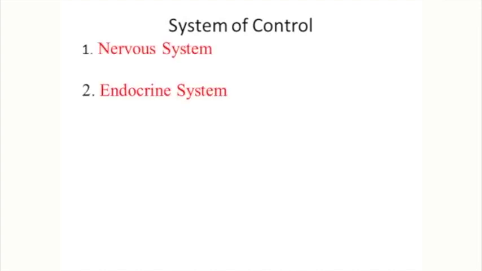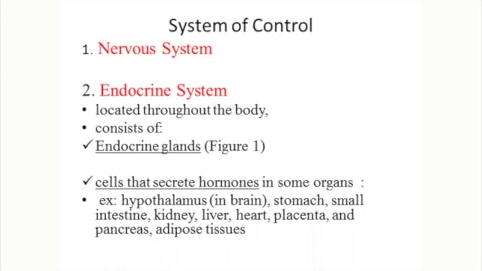System of controls: we've got two systems of controls in our body, nervous system and endocrine system. They both respond to internal and external stimulus and help maintain our homeostasis and help us adapt to changes in our environments. When we talk about endocrine system, we remember the endocrine glands that secrete the hormones into blood, but